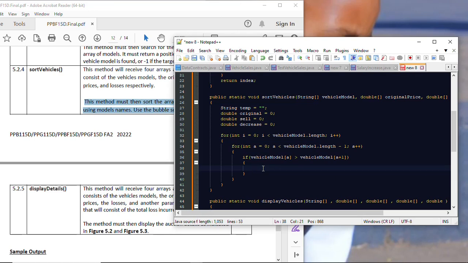If the first one is vehicle model, I'm going to sort vehicle model first. That's how I look at my code. So here I'm going to first sort vehicle model. I'm going to take our temp, since it has nothing, and store our first number,